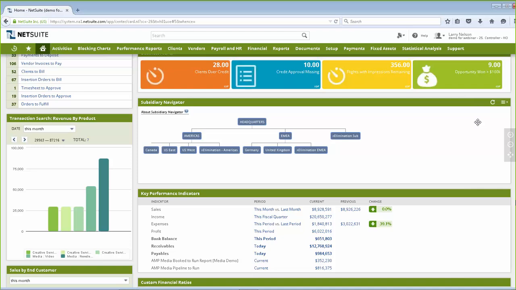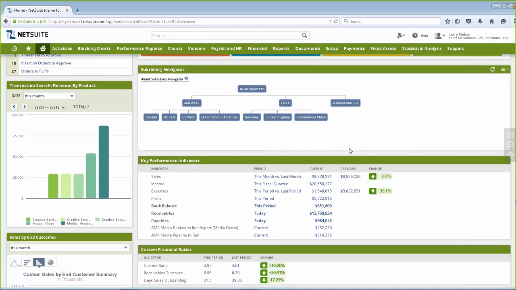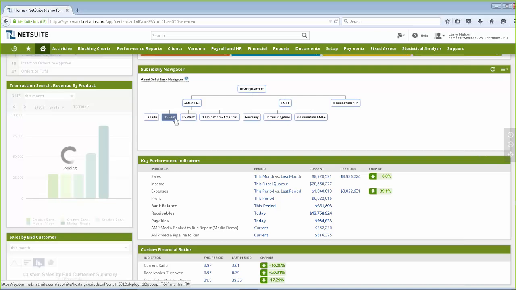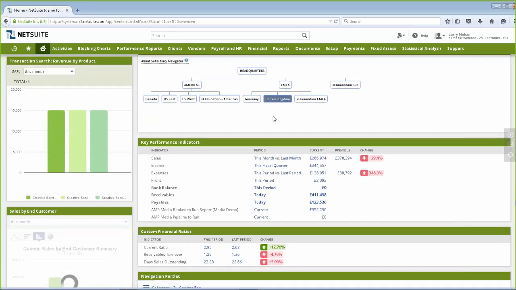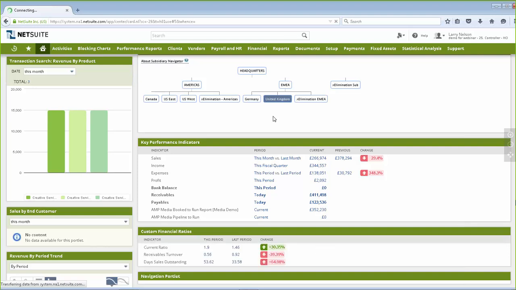On the subsidiary navigator, one of the things that is great about this navigator is I've also got key performance indicators that are related to how the business is performing on sales, profitability, bank and receivables. I can look at this on a head office view. I can also now click and look at just a subsidiary view and just see what's happening in my U.S. East company. And you'll see that as I did that, all of my indicators and all my graphs updated. I can now also look at how my UK company and all my stats are now going to change to the pounds version. So I've got a view of what's happening in their subsidiary currency.